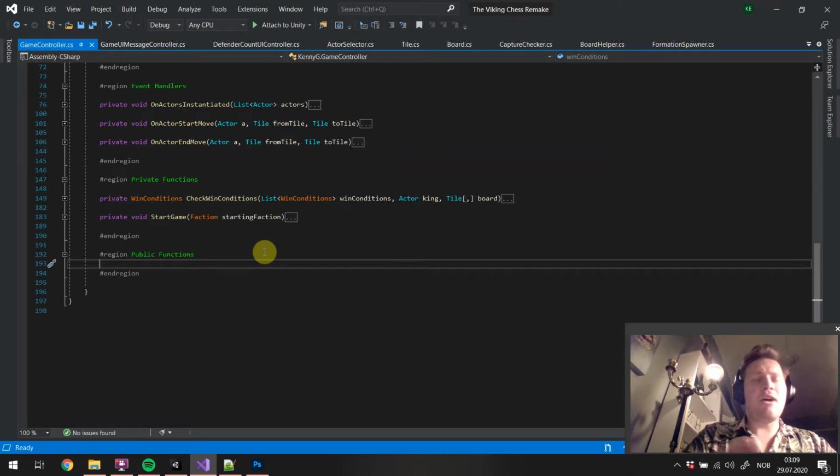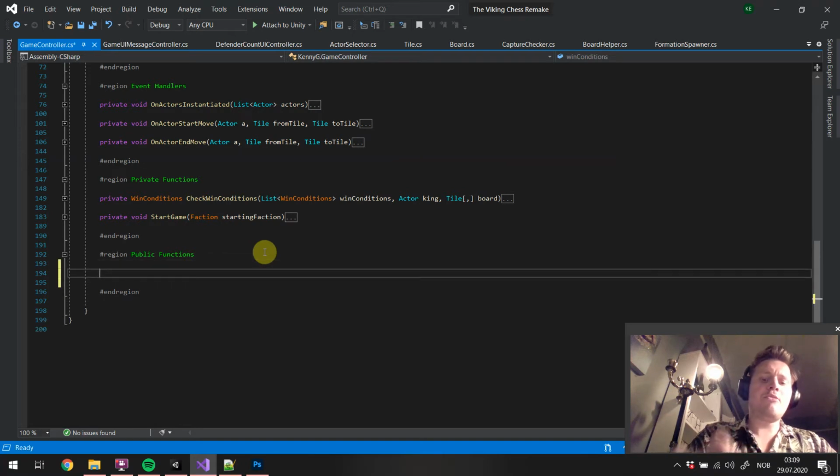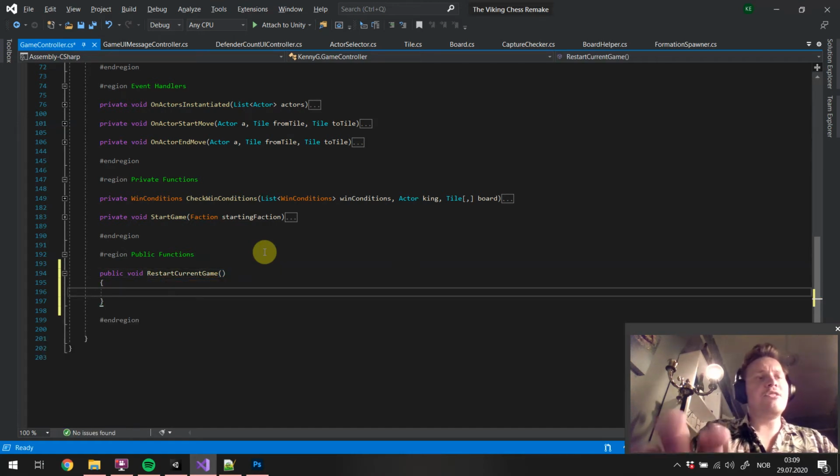Anyway, so for now, in our game controller in a public functions region, we are going to create a new function. Call it public void restart current game. So inside that function we want to do a few things. We want to destroy all current actors,